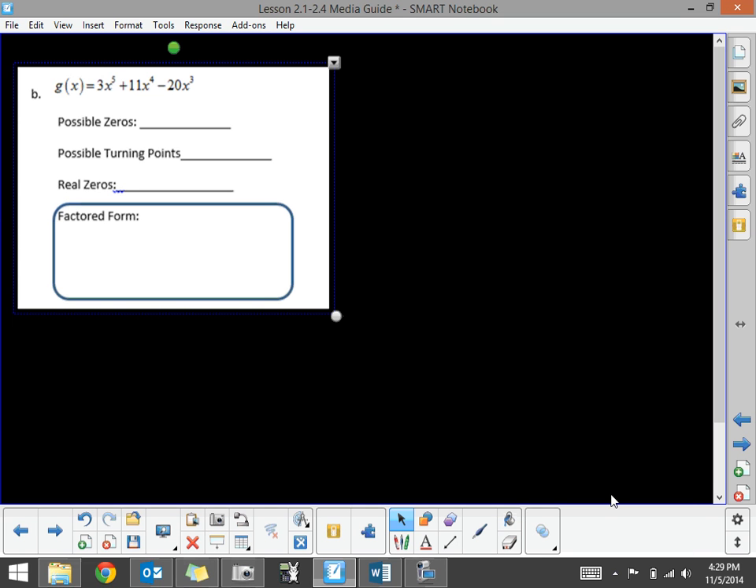3b, the directions were the same. What are the possible number of zeros that you can have in a fifth degree polynomial? So the maximum number of zeros we could have, we could cross the axis 5, 4, 3, 2, or 1. But because it's odd, it must cross somewhere. If it's an odd function, it has an even number of turning points, so it could be 4, 2, or 0. Our real zeros we're going to have to factor first, so just like we did in the other one,